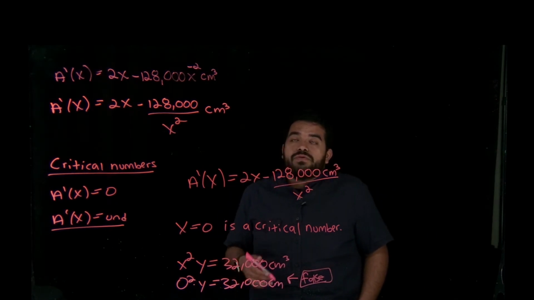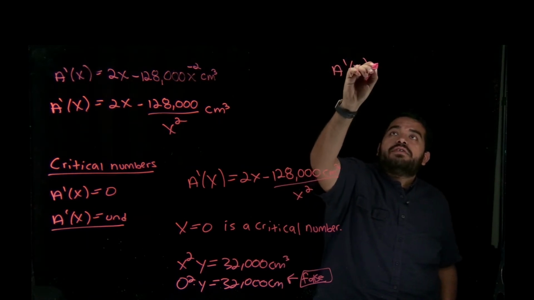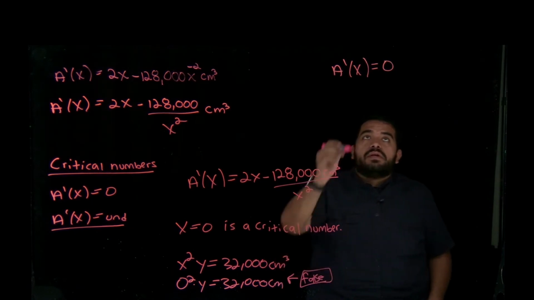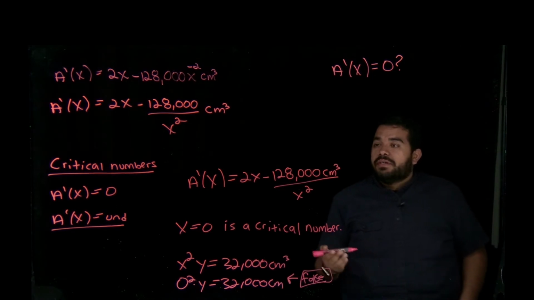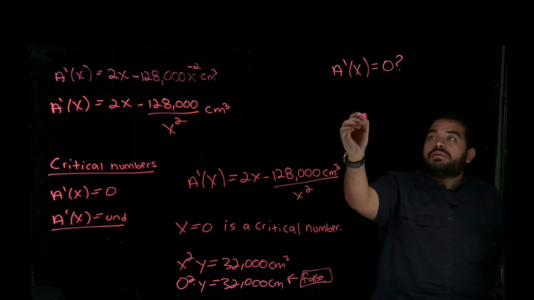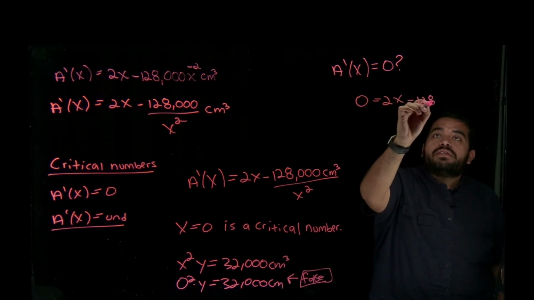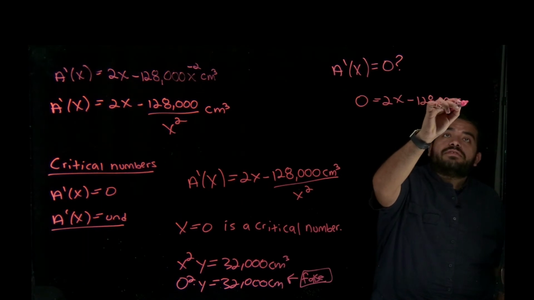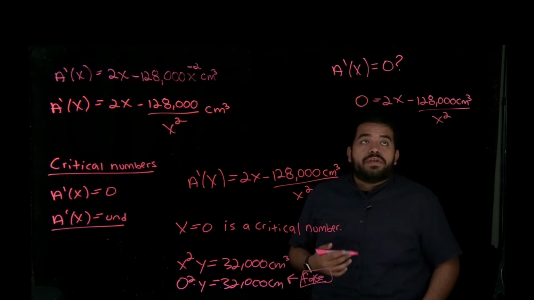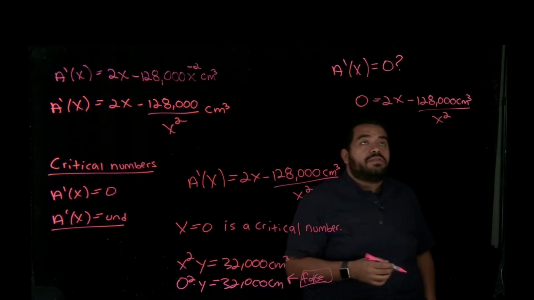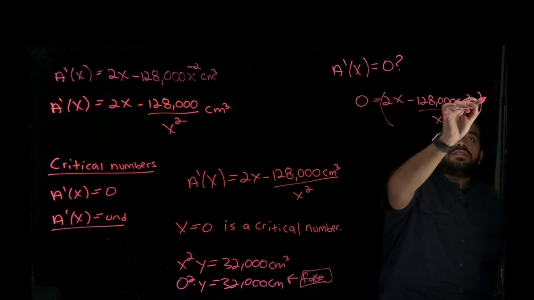So for that reason, we're going to focus on the other part and try to figure out when this equals 0. To find when this is going to be equal to 0, I'm just going to let this equal 0. So that means 0 is equal to 2x minus 128,000 centimeters cubed over x squared. And we're going to solve for x to see what value is going to make this true. So what I'm going to do here is multiply both sides of this equation by